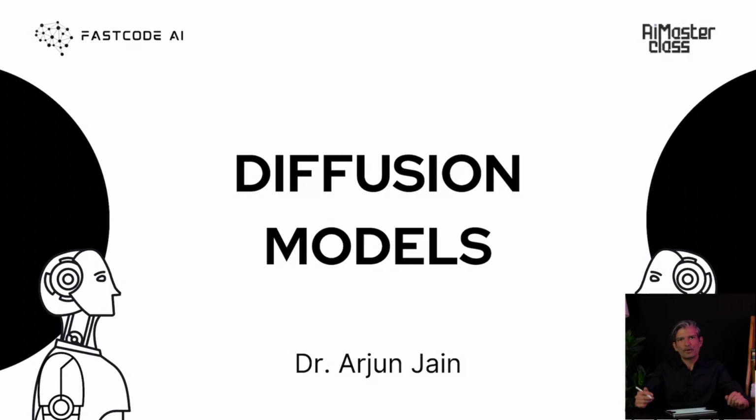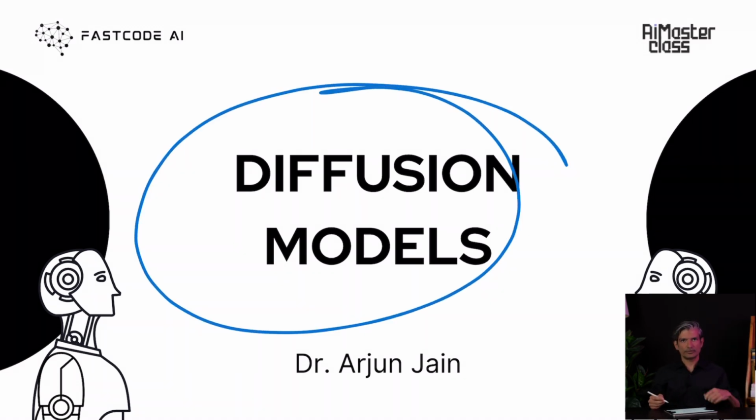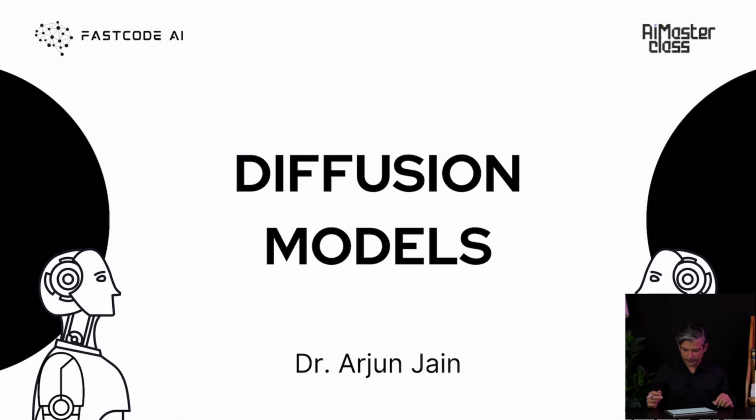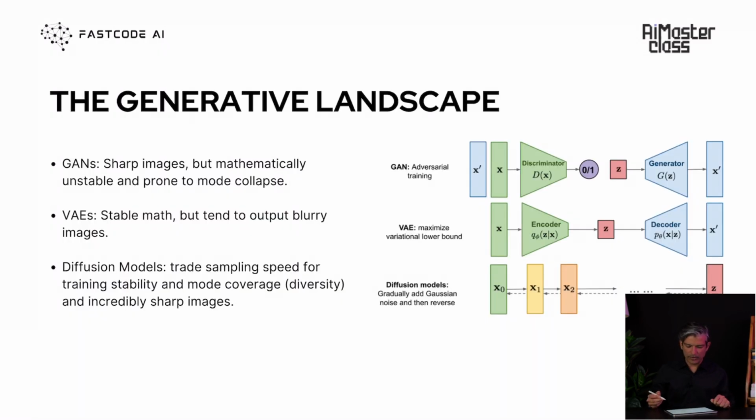Hi, welcome. So the last topic for this week is diffusion models. And I know we've already done a lot. We've done generative adversarial networks, we've done variational autoencoders, but now we will not be doing full justice to Gen AI if we don't talk about diffusion models. So here we go. What is the problem?